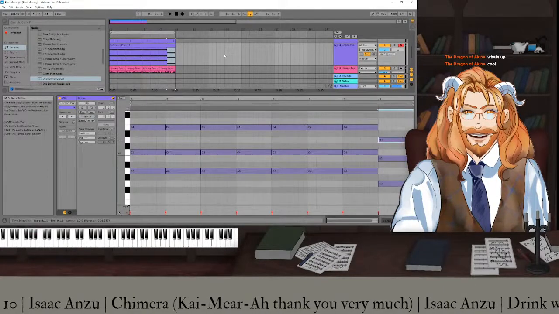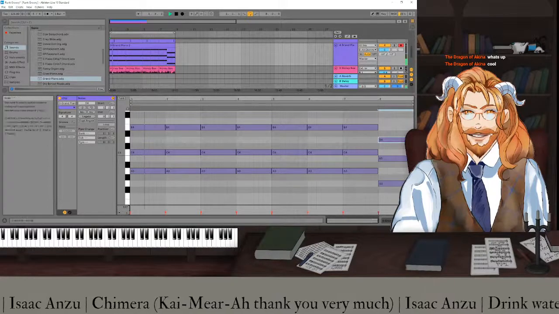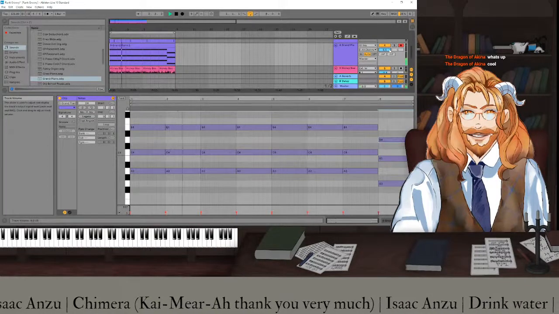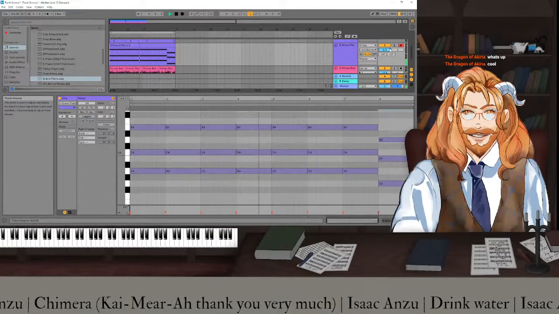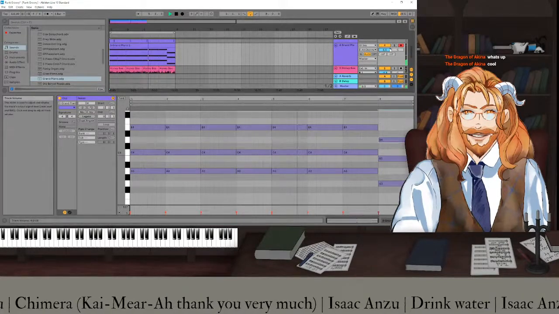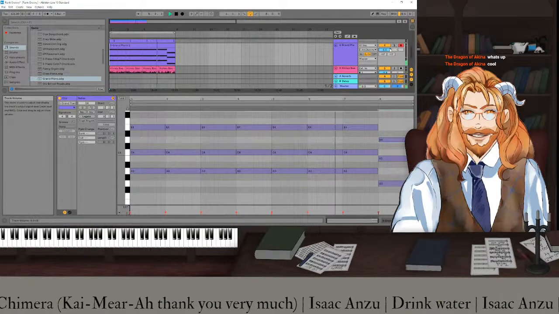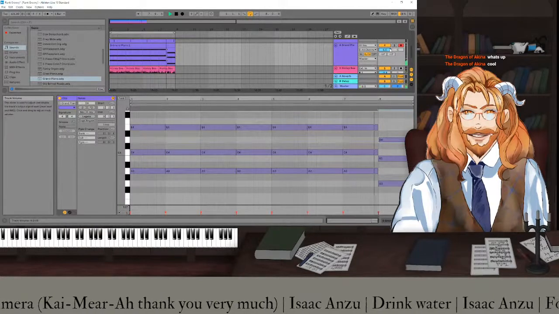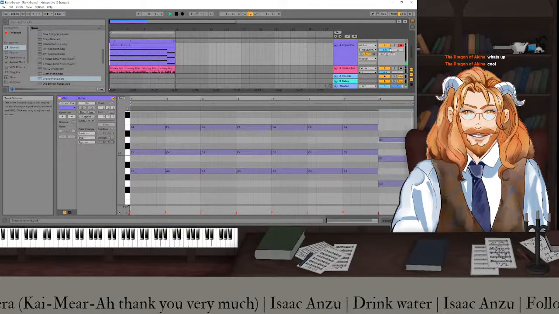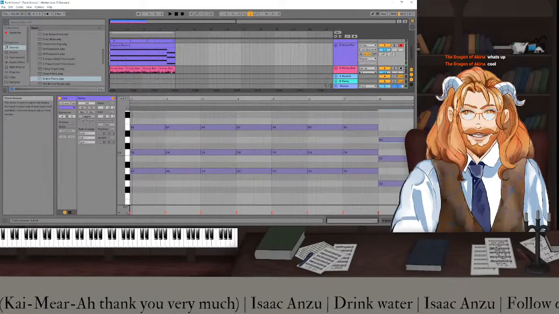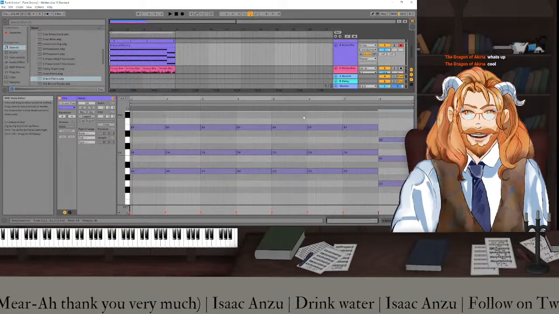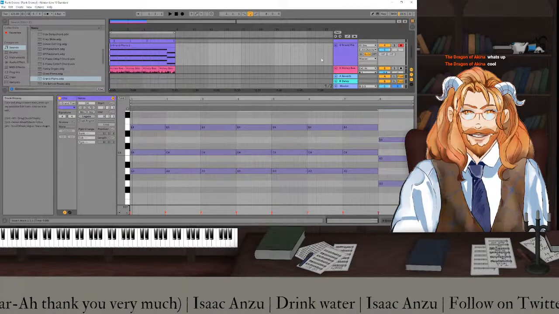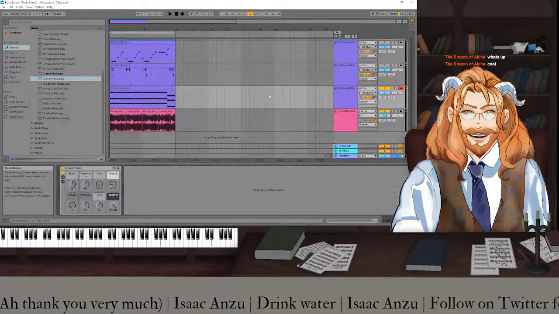A minor, G major. Seems close enough. Close enough for funk. It doesn't have to be right if it sounds good.